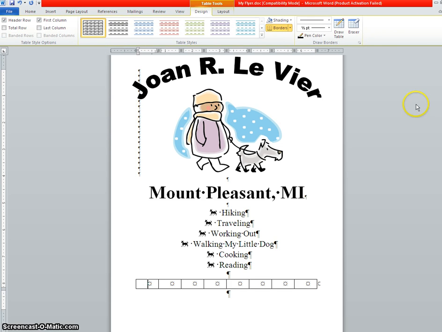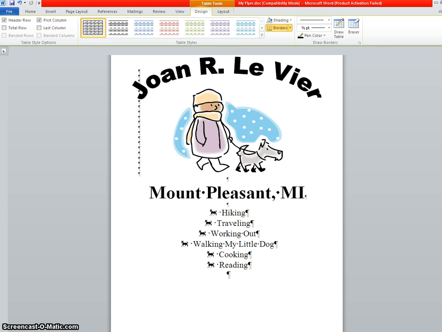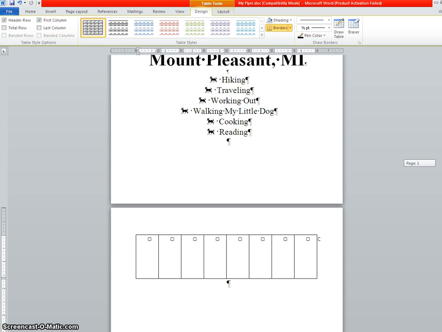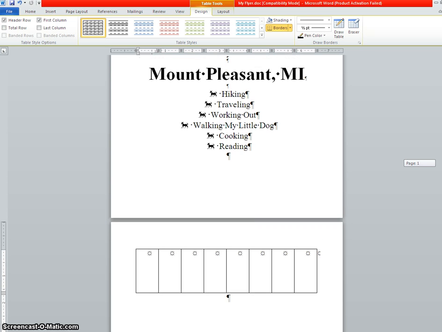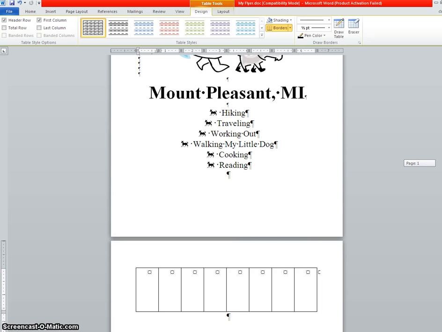And then what we're going to need to do is pull this table quite a bit taller. So I'm just going to put my cursor down here where you see it, and I'm going to pull this a little bit taller. What has happened here is that it just went on the next page, and I don't want that to happen, so I'm going to go in and change my